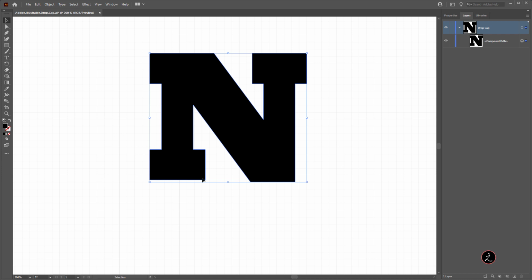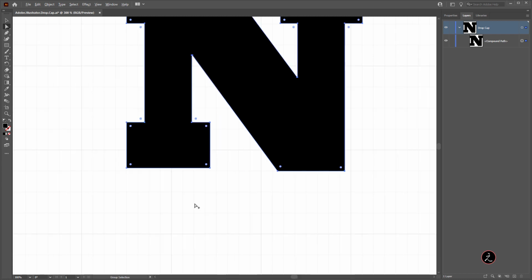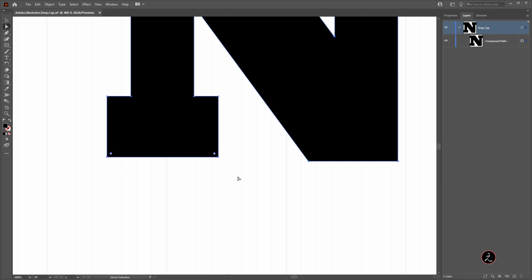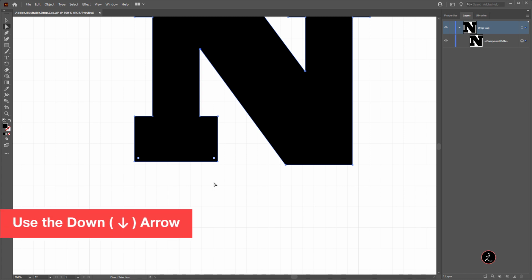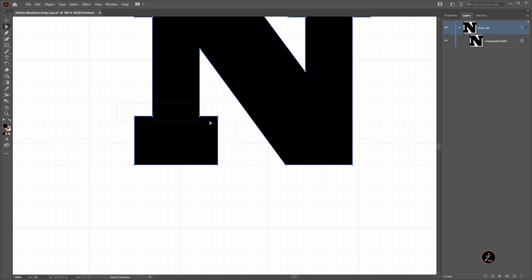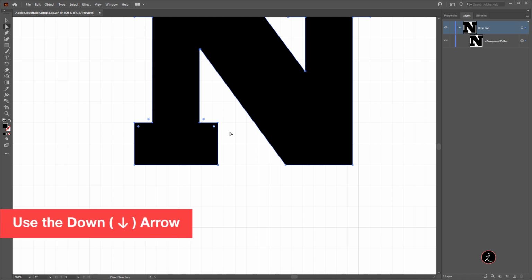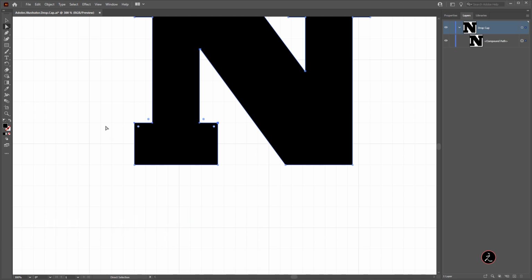So this is one thing, but I need to fix certain things in this letter N. Again, I'm using a specific font, so it's going to be a different situation depending on the font you're using. So for that, I will use the Direct Selection tool, and I will marquee select these two anchor points here, and I'm going to align this to this grid line right here. So for that, I will use the down arrow key on my keyboard to do so. I will marquee select all of these anchor points here, and I will use again the down arrow key to align those anchor points to this grid line, and that's very okay with me.